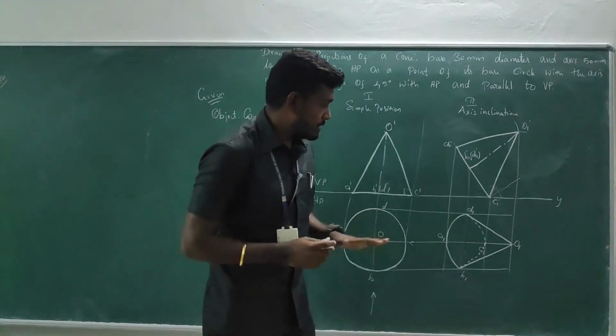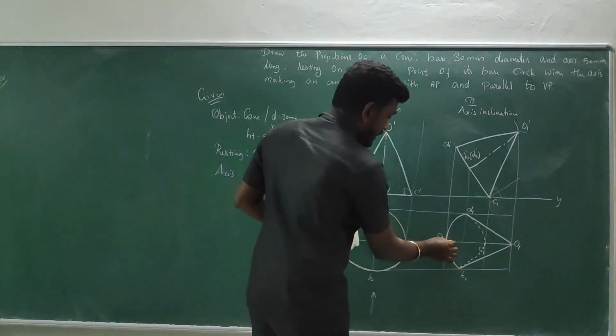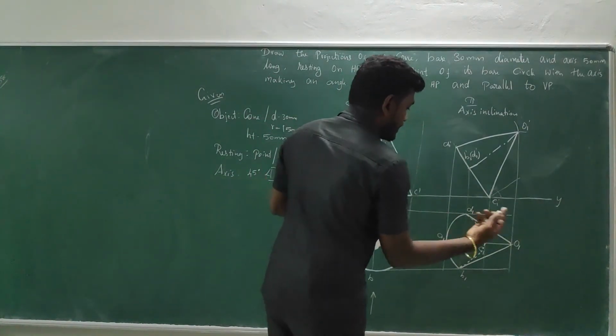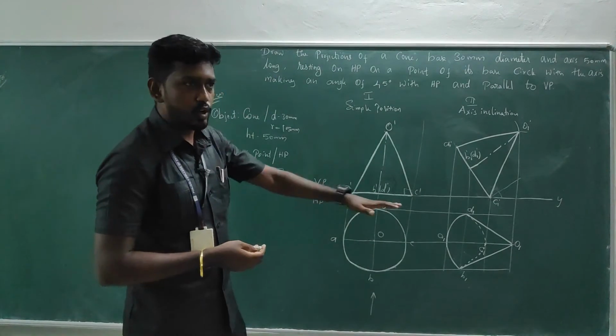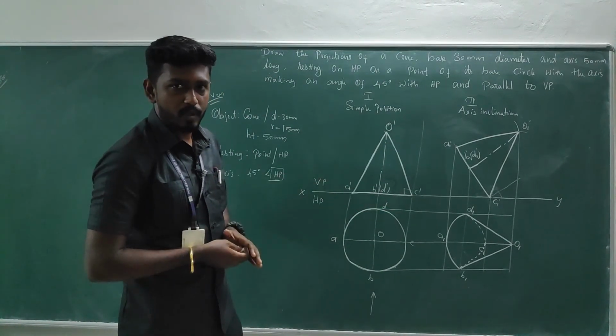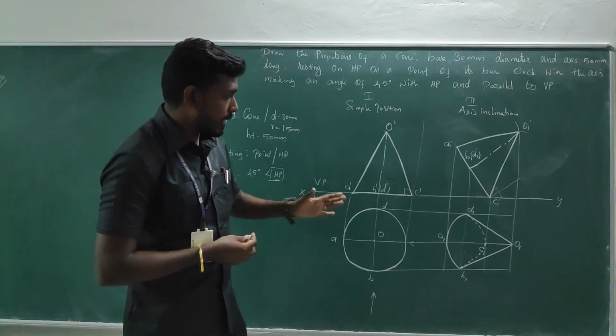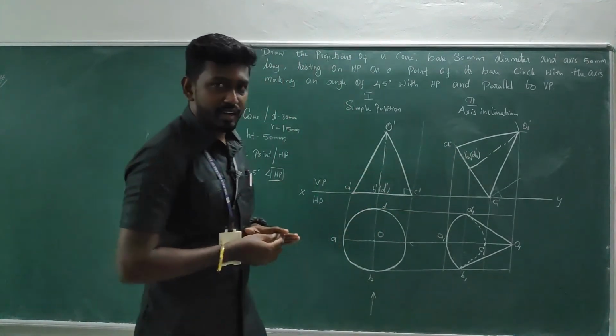This is the exact thing. If you connect the intermediate line A to O and C to O as a dash line or as a dark line, it will be a wrong answer. There are no edges. So this is the final top view and this is the final front view.